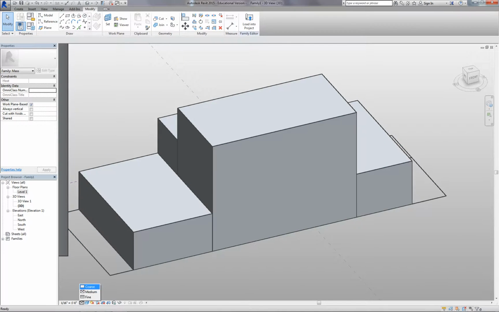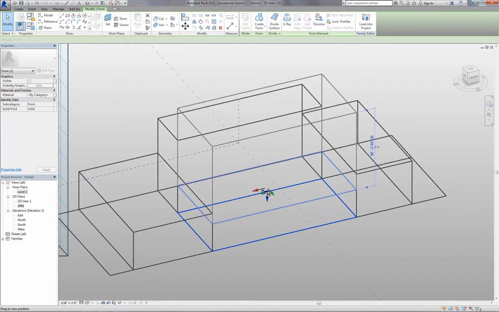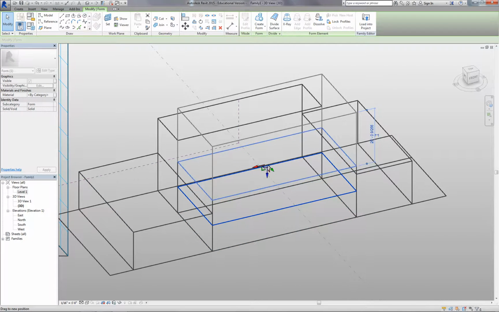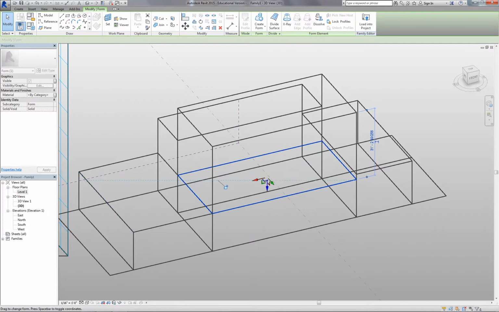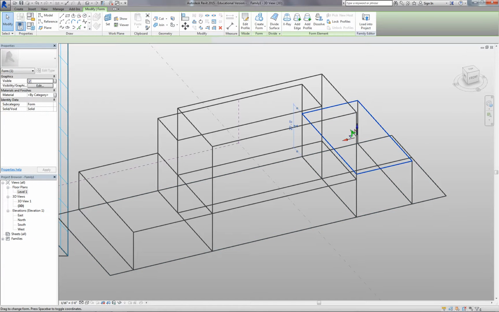You can change these up to wireframe. So if it's some type of stacking or stepping effect,